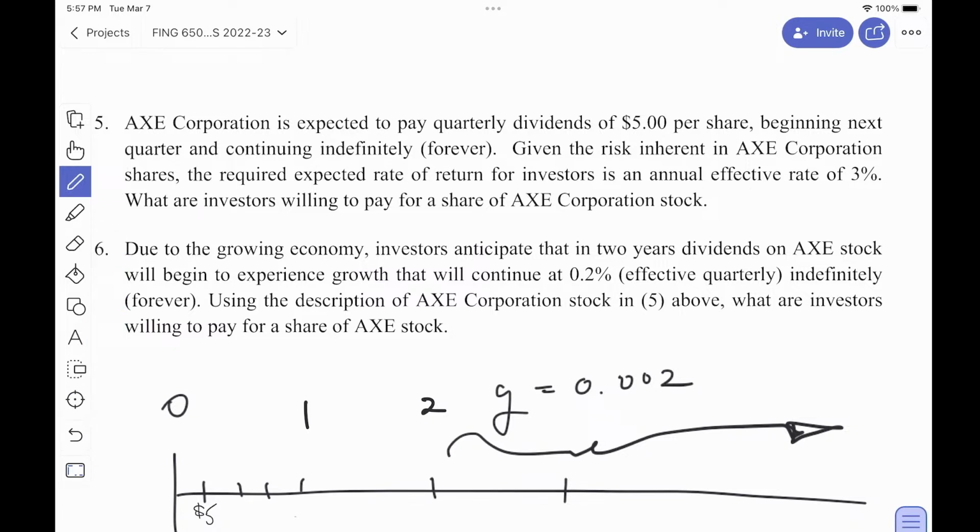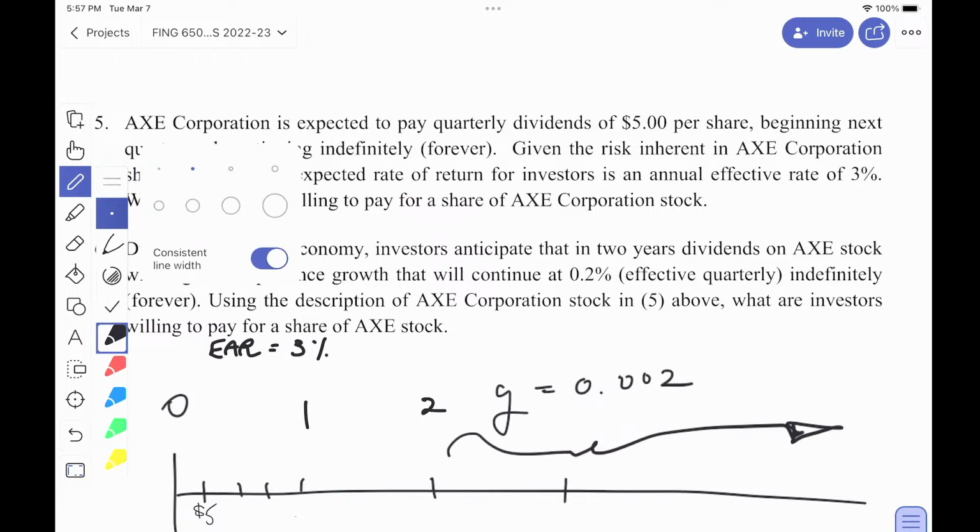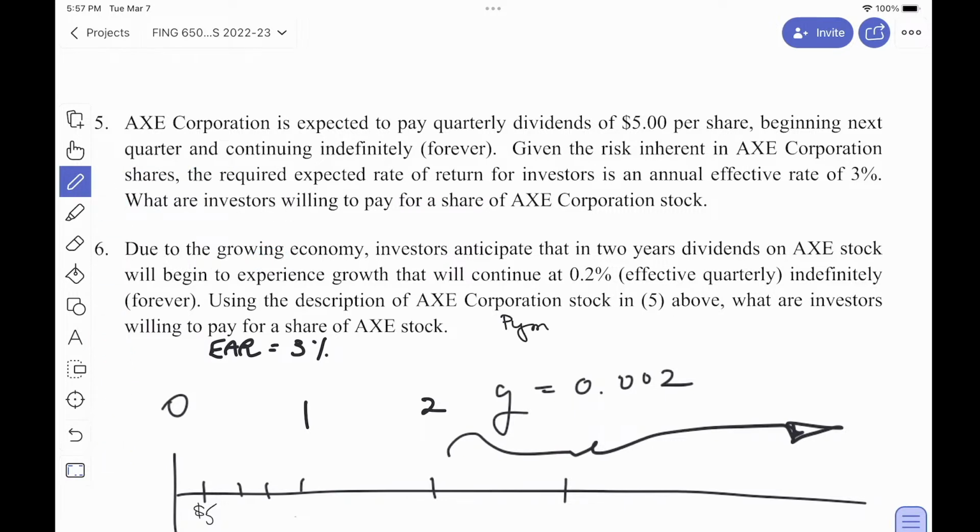Okay, so I've been given the effective annual rate of 3%, but the dividend payments are quarterly, so I need to convert that to an effective quarterly rate. So payments are quarterly. You convert all variables to quarters. So I need the effective quarterly rate, which is just